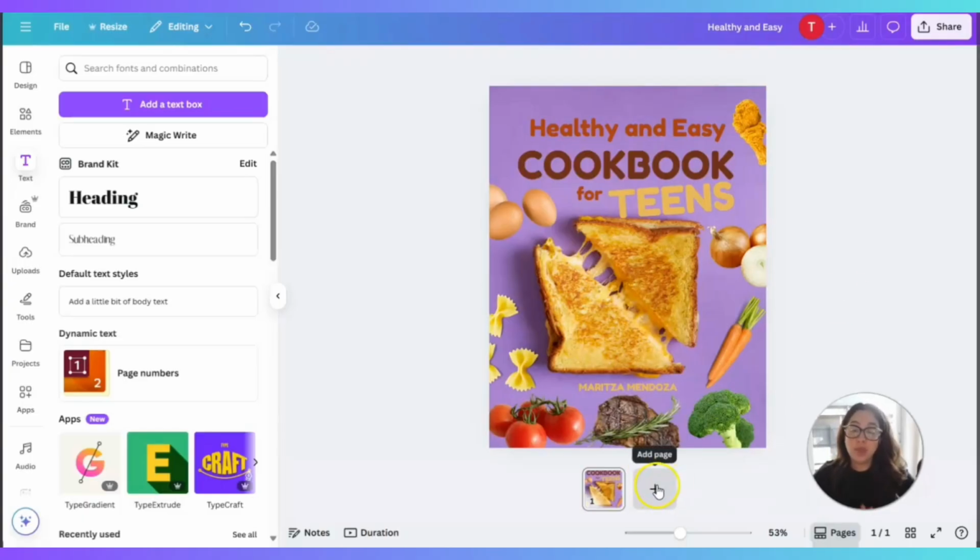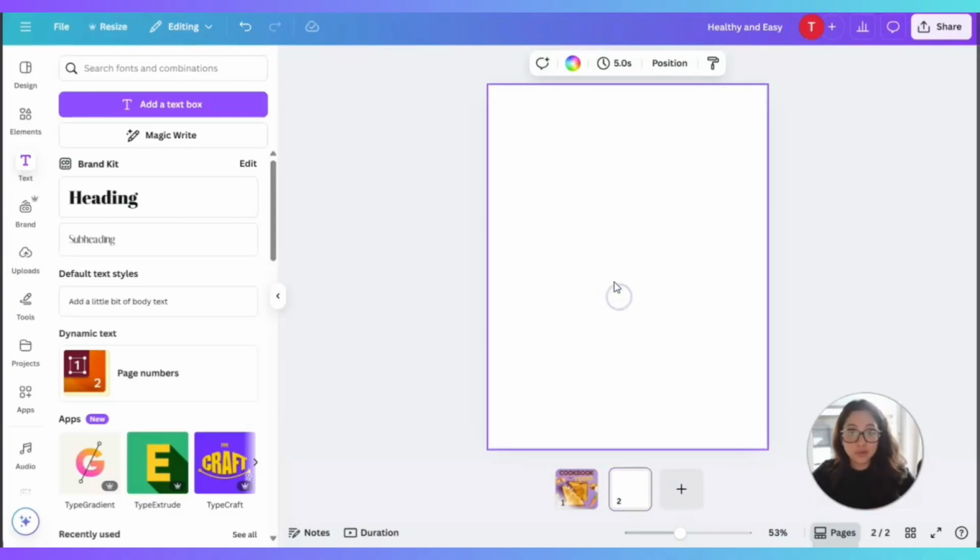Now for the interior page. I'm going to go ahead and design one interior page. Since it's for teens, and it's for kids, we want to make the directions as simple as possible. And you may want to include an introduction to the book, maybe explaining the terminology when it comes to food, the measuring of the cups, maybe the tablespoons or teaspoon. Having a section where you explain the basics of cooking would be very helpful. So you can have an introduction page to the whole cookbook,